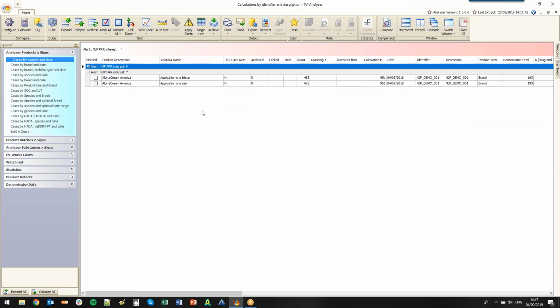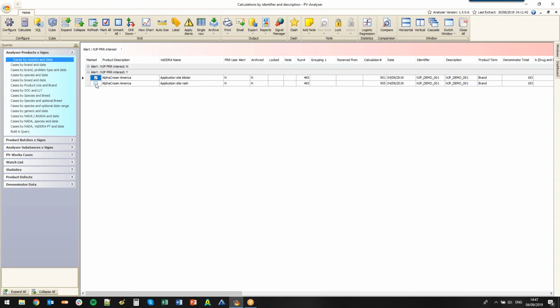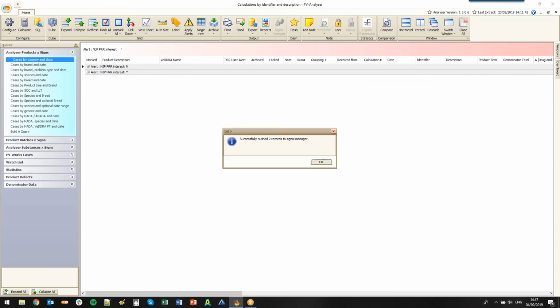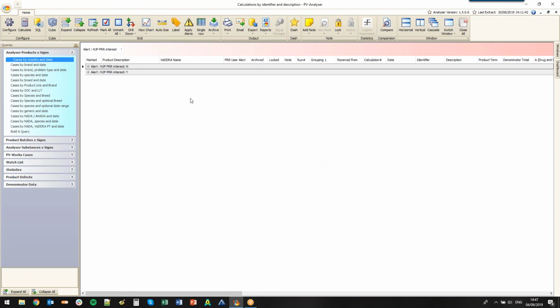And of course, one thing we would like to be able to do here is actually manage the investigation of that interesting result that we've achieved, that potential signal. And I can do that by selecting the items that I want to manage and want to investigate, and I can push them to our Signal Manager tool by clicking this button here. The system will make a connection to the Signal Manager tool, return the fact that we have successfully pushed those across,